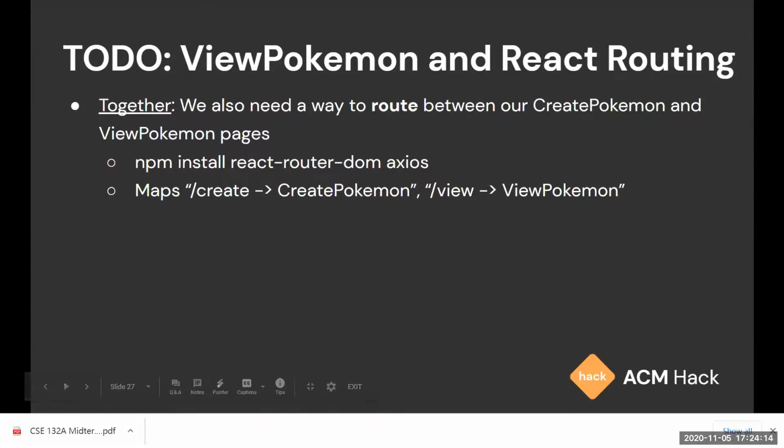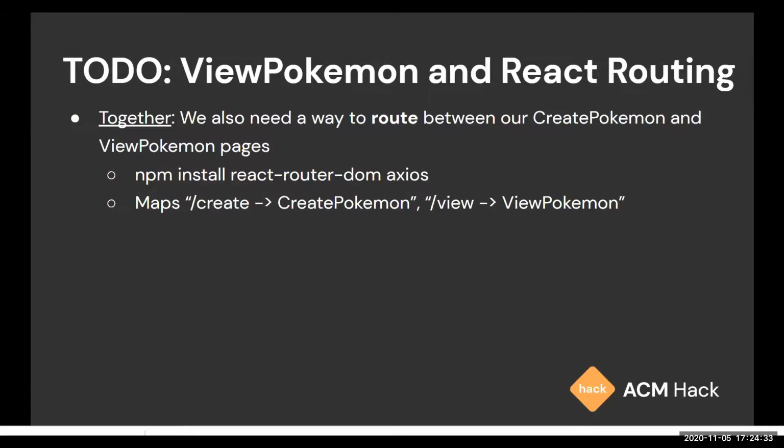Both our pages turn into components, right? But then we notice one thing, our navbar doesn't really work. So what we're doing right now, which I will be live coding, is adding a router to our React app to allow us to switch between pages. As I said in the last exercise, we're supposed to install React Router DOM